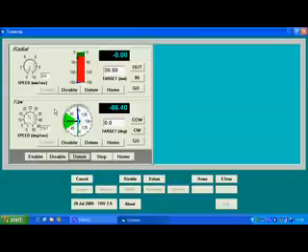That is basically it. We leave the actuators enabled. We can press cancel,